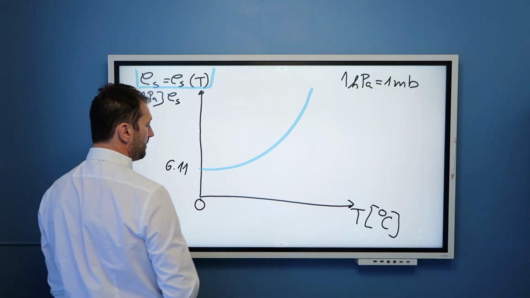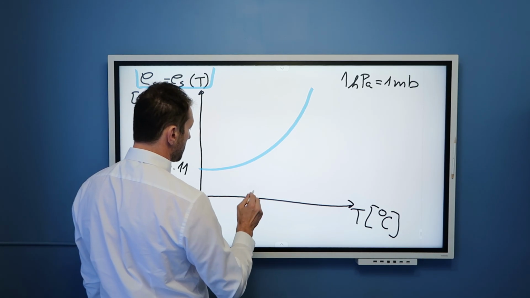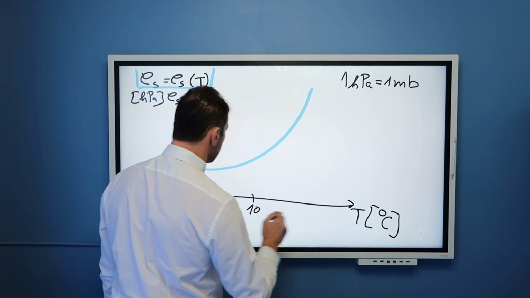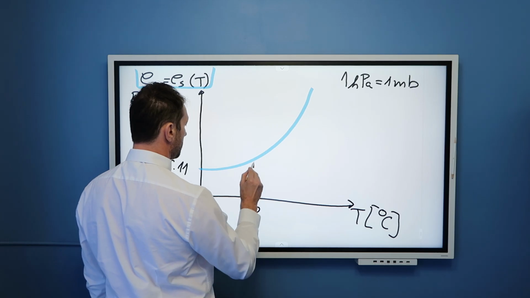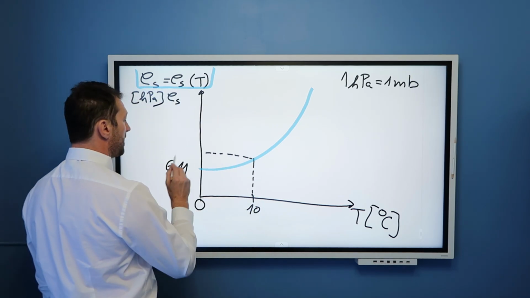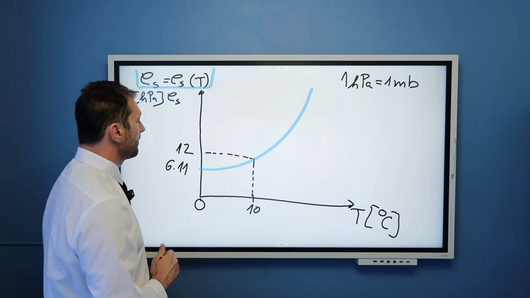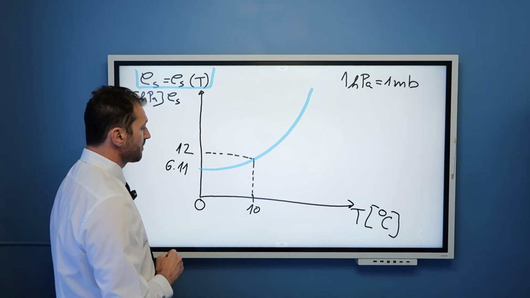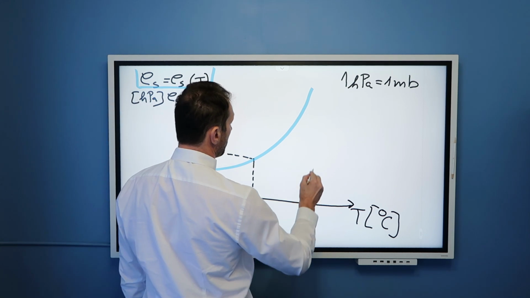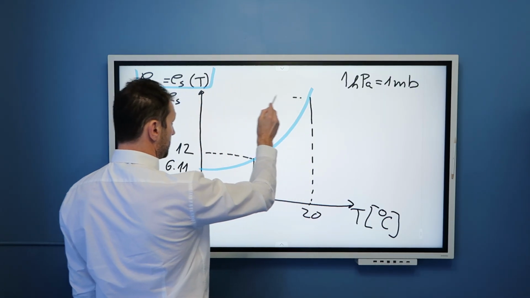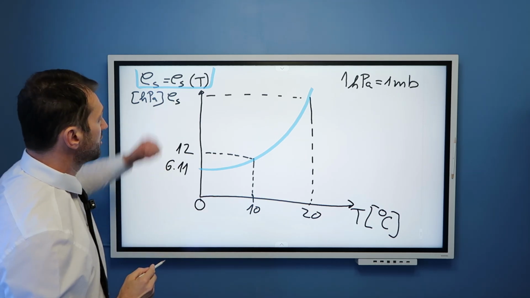For example, at about, let's say here, 10 degrees Celsius, saturation pressure is about 12. So clearly this is not to scale, but you get the point. And then, I don't know other values now, but you can see at 20 degrees Celsius, saturation pressure jumps a